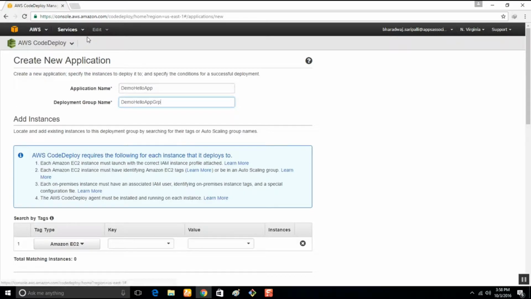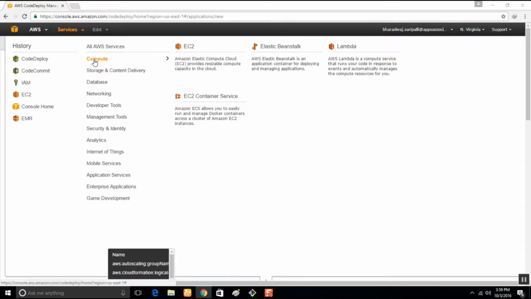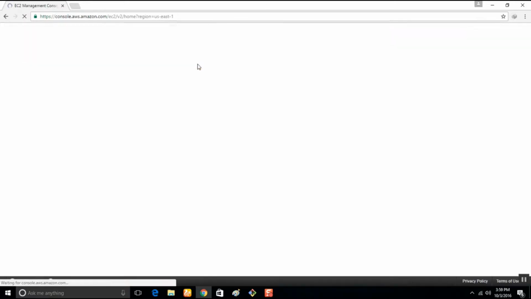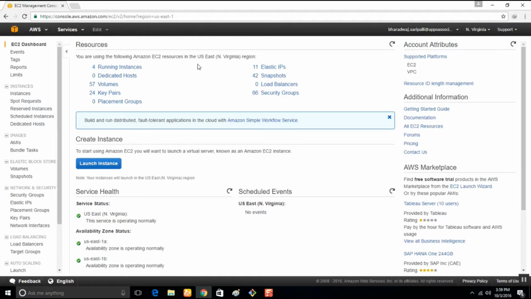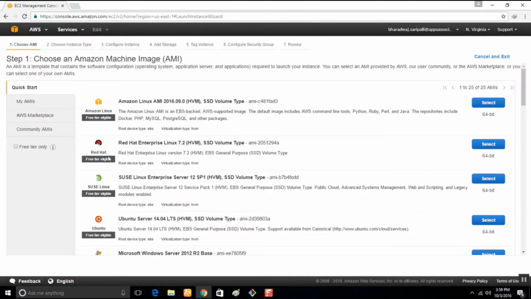Before we do this, we need to have the instances. We need to create EC2 instances which will fall into this group. Let's quickly create a few instances. Let's move to compute, EC2, launch an instance. Let's go with the base one.